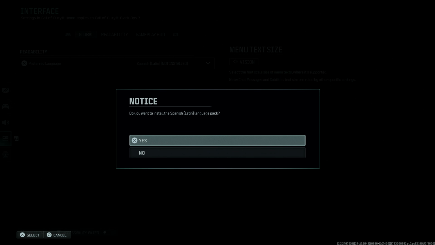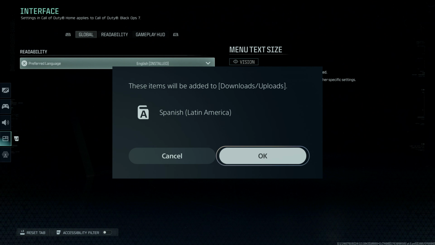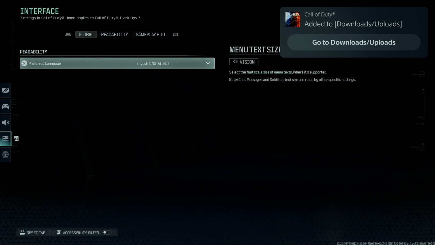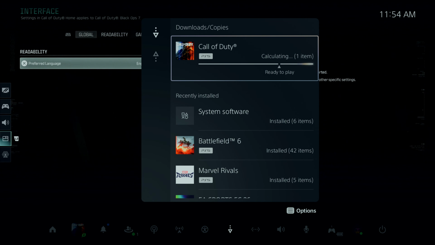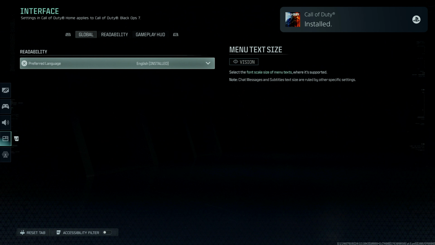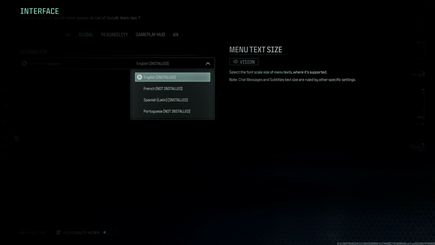And then you should see this notice. Do you want to install the Spanish Latin language pack? You can simply select yes. And then you should see this prompt that that particular language will have to be downloaded so that you can use it. So simply click on OK or select OK, and then wait for the language to be installed. Now, once the language pack is installed, simply go back to the preferred language section, and then now you can